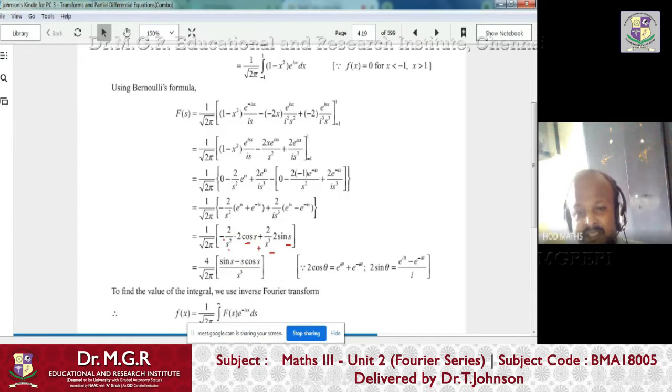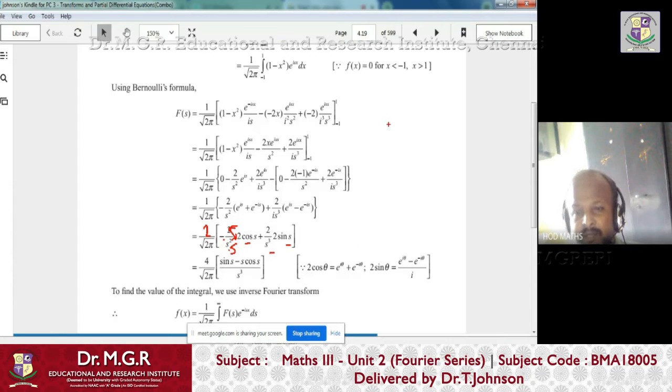Right? I put 3 minus sign, so 1 negative minus sign. So cos s by s square and this is sin s by s cube. Already we have 1 2 outside. That 2 is multiplied with this 2, then become 4. Right? That is one thing. And then here you may ask, sir, this cos s by s square, this is sin s by s cube. They multiply 1s both in the denominator as well as in the numerator, so that it become like this.